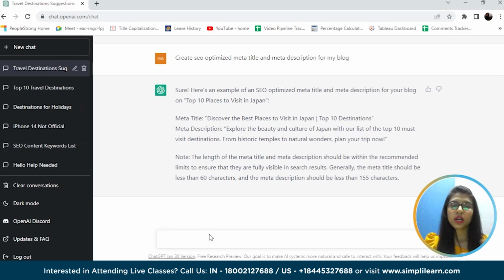So let's try again to optimize the meta title and meta description for the keyword top 10 places to visit in Japan.